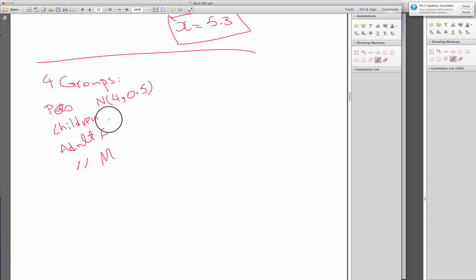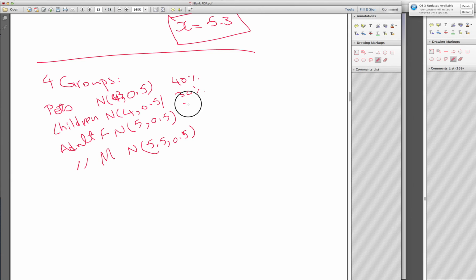The height of pets, let's make it 3 feet and a half, with standard deviation 0.5. Children 4 and 0.5. Females 5 and 0.5. And males, let's say 5.5 and 0.5. And let's say there is a 40% chance that you have a pet in your population, 30% children, 20% females, and 10% males. And let's say you just randomly pick an object from this, which can be male, female, child,